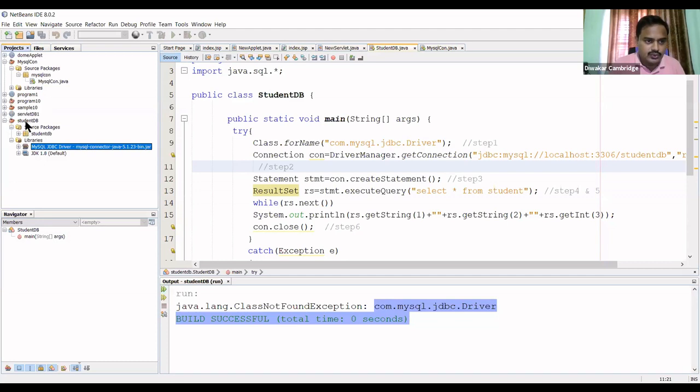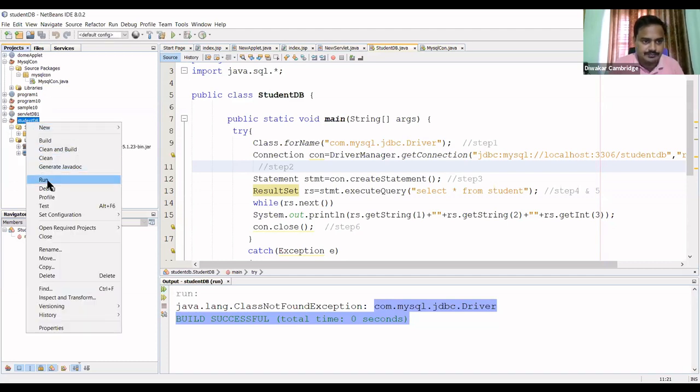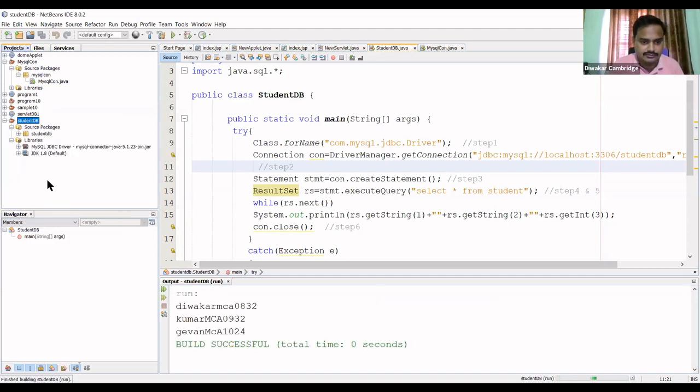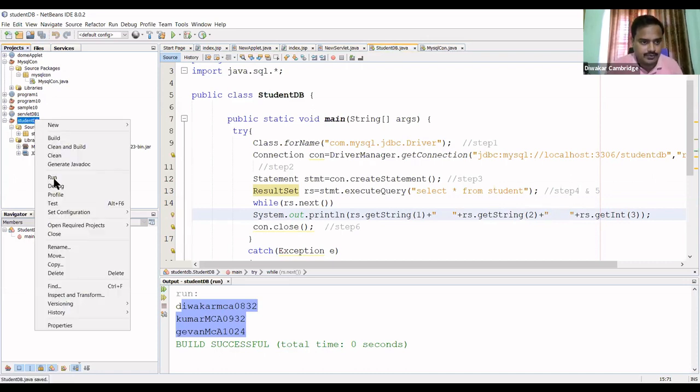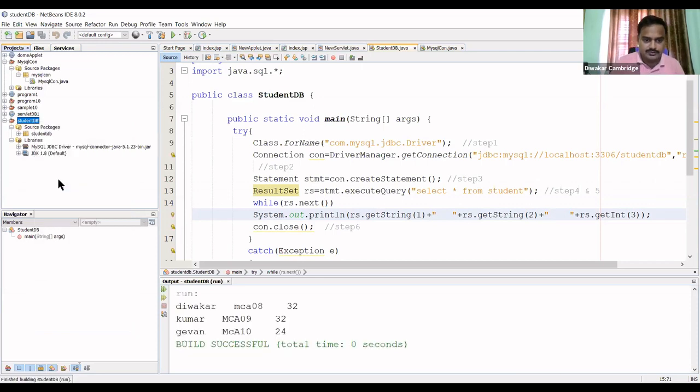Then you execute this program. Run. See, you are able to see this, right? The name, USN, and branch. You can set the space here. You'll understand easily. Now when you run the program, you're able to see this.